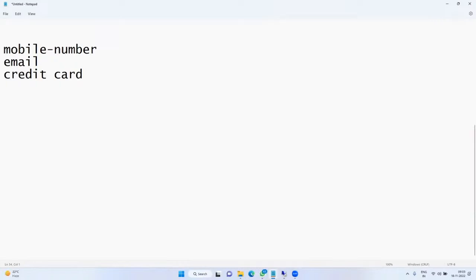By chance, if you use the same mobile number and same email ID and only change the credit card, it won't accept. Suppose the name on the credit card does not match? That doesn't matter. Name and all doesn't matter. You can use anything, no issues.